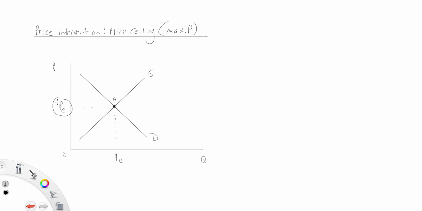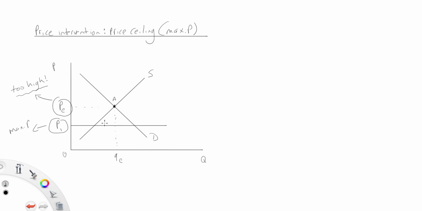Now, what's happening here is that the government is saying that price equilibrium is too high and that this situation needs to be changed. So instead of having a price equilibrium here, the government steps in and creates a new price that is lower. So this is now P1. And then P1 is our maximum